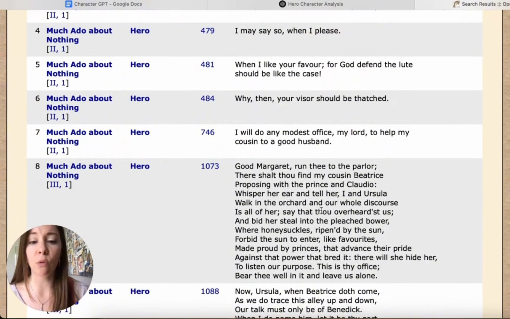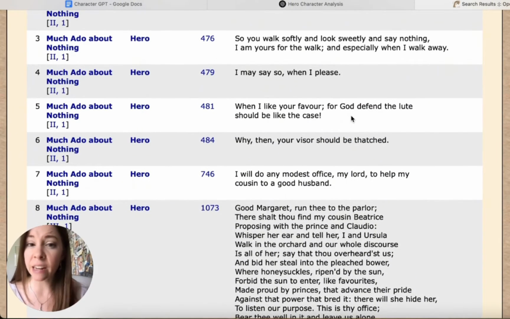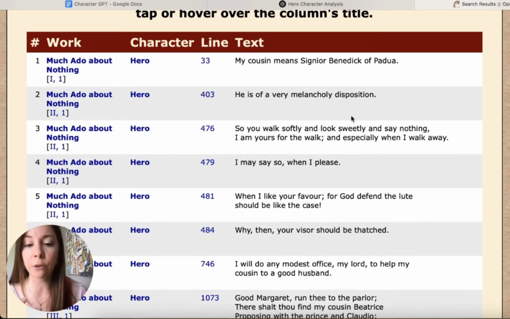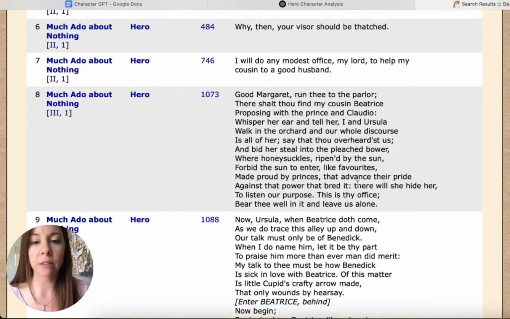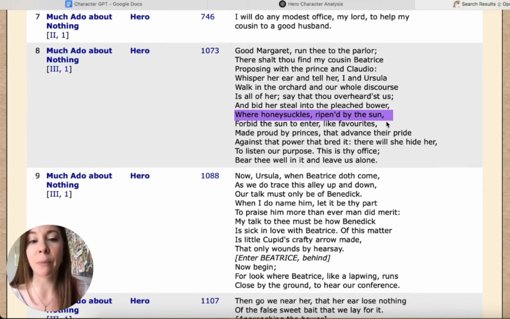but it gives you a sense of when she is talking a lot, when she is not talking, and also it gives you a chance to compare her language throughout the play. Does it change? Does she get more direct, for example, or does she get more flowery and romantic? All of those things are really useful to look at. And when you've got big chunks of text, you can compare them as well. Something I noticed straight away is that she has this line, "where honeysuckles ripen by the sun." So she's got this really beautiful poetic language, which gives us a little bit of insight into what she might be like as a person.